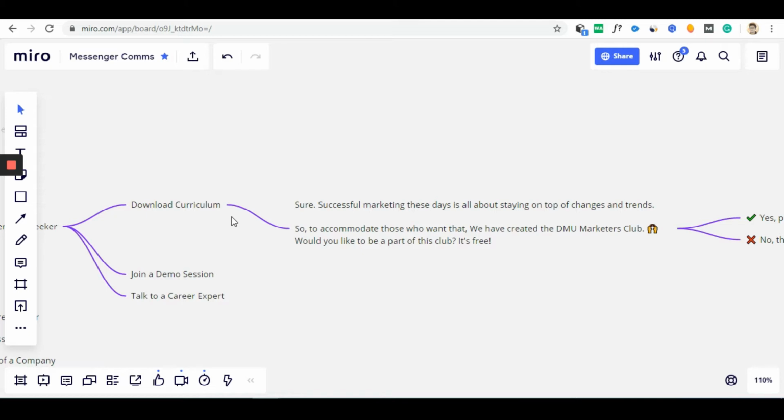But before they leave the conversation, I'm trying to leave my last hook over here, giving them an opportunity to join a group, a Facebook group. So why I'm doing that? Two reasons. It is going to help me as a marketer to know them far better and to retarget them. And from the user's point of view, it would help the users to get to know more about our brand, to get to know more about the service excellence, the courses, the offerings, the quality of content, the quality of product or service, or the training modules that we provide.